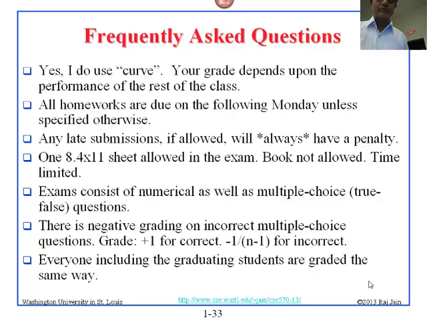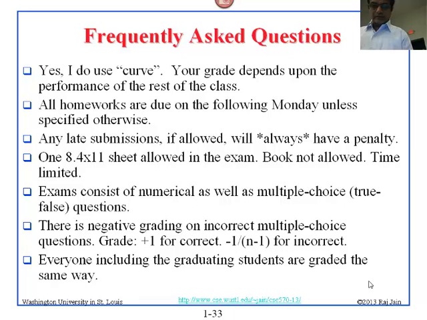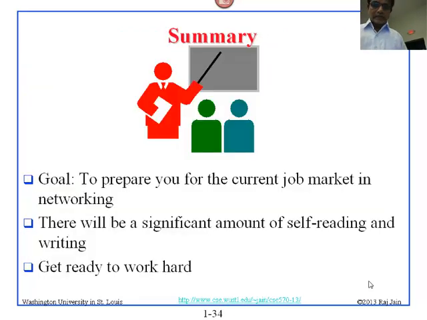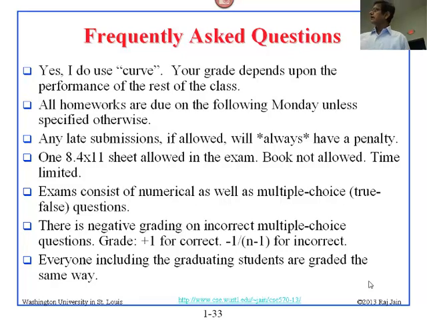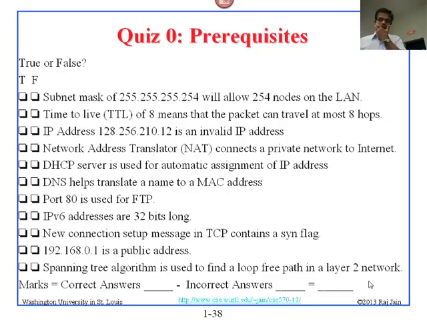Let's go back to that slide. Right here. For the correct answer +1, for the incorrect answer -1 upon n minus 1. For 2 choices, all you get is +1 for the correct and -1 for incorrect. If you don't answer it, it is 0. All right, so we do the quiz. 11 questions. You can do that, and as soon as you're done, please